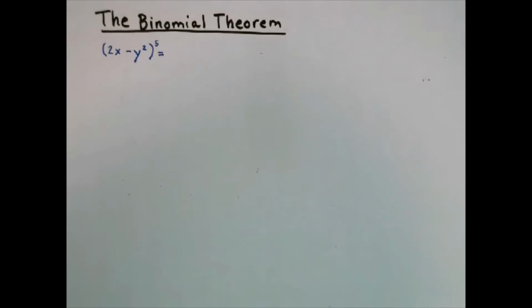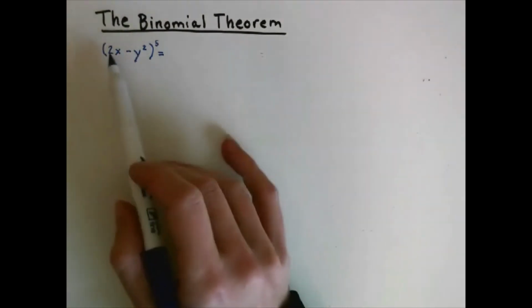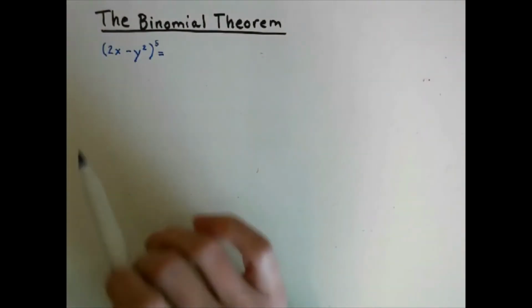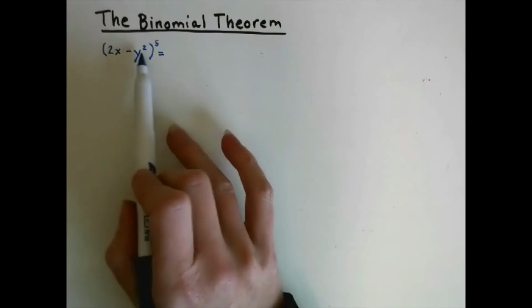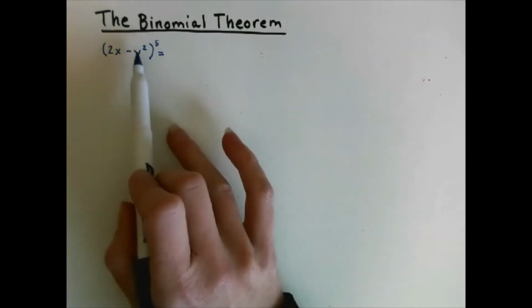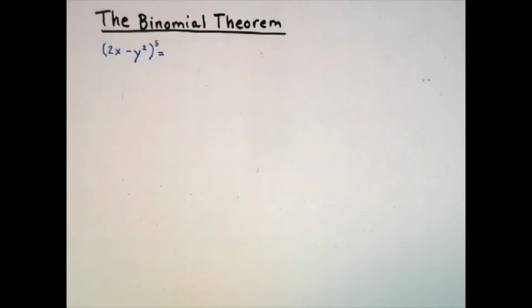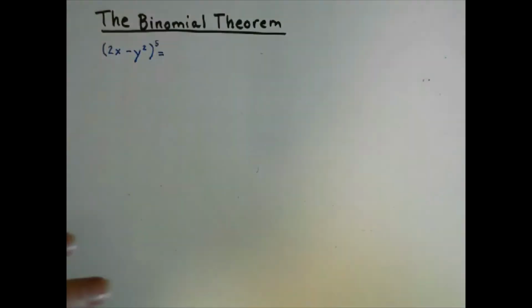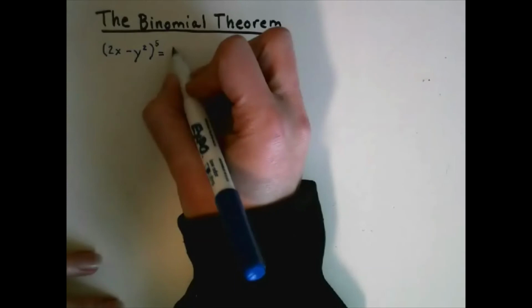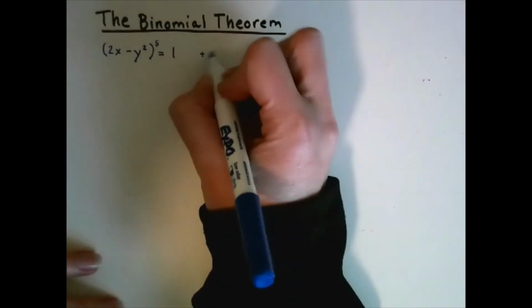Okay, so we're going to do one last one. And this has 3 things that are going to change our end answer. So the coefficient, and we've already seen what happens with that. It's going to have a power within the power and a negative. Okay, so we're still going to start off with our Pascal's triangle. So we're going to have 1, 5,